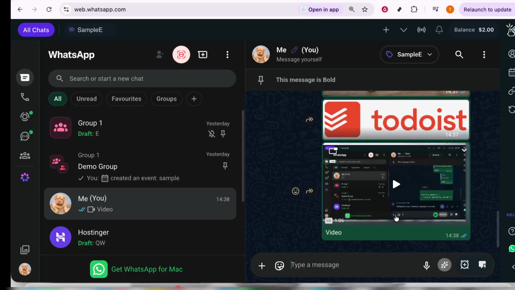Using WhatsApp Web to share photos is a handy feature that keeps you connected, offering a larger interface that's particularly useful for those lengthy conversations or when you're working at your desk. I hope you found this guide helpful and that you now feel more confident using WhatsApp Web to share your favorite photos. As always, if you have any questions,